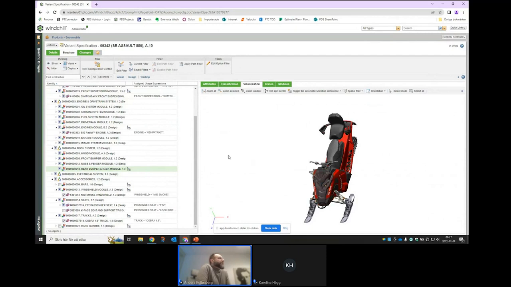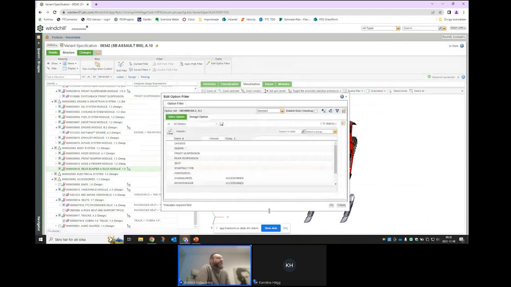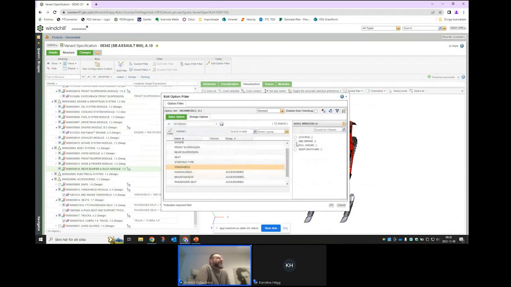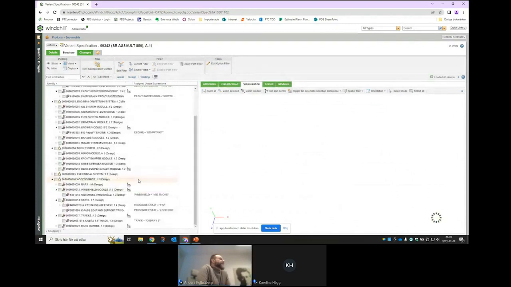So this is the manual selection portion of this. And it is of course possible to combine the both. You might have a portion of carryover that you still want to drive through selection. So if I, for instance, go back here to the option filter and select the low bulk windshield, that will, as I showed you before in the configuration, select the handguards. So I get that stored. And if I go back to the windshield here, we can see now, looking at the modules